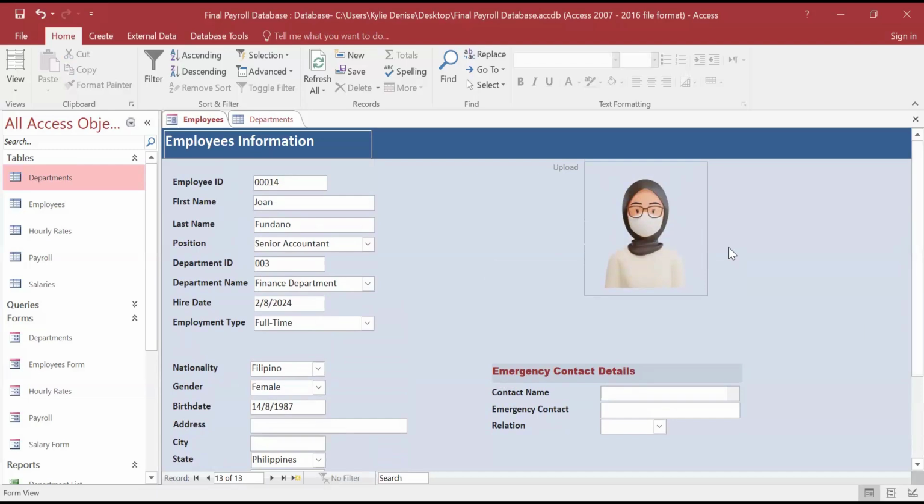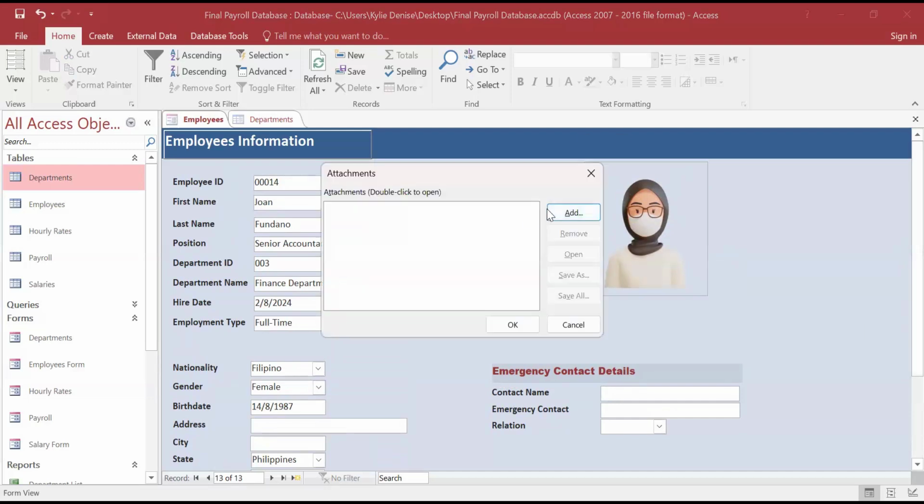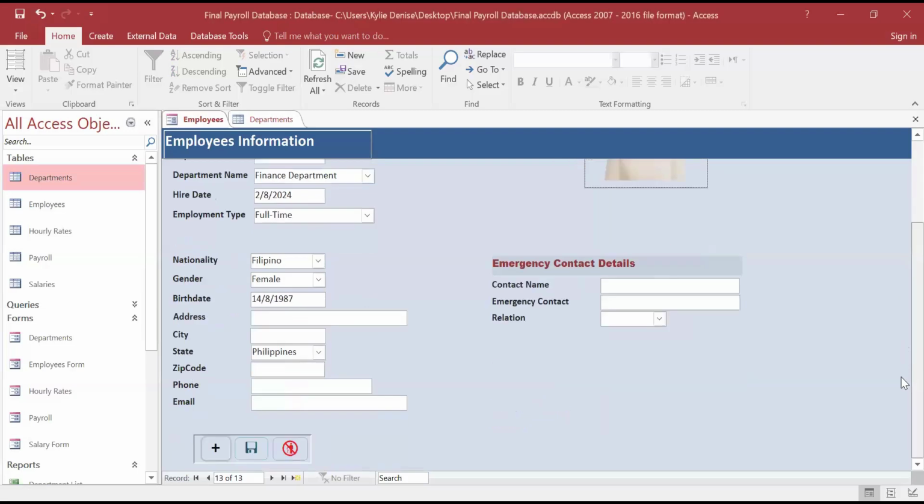Mashallah, it really looks good. Once you click this one, you can add a photo. So let's see if Joanne will appear on the tables.